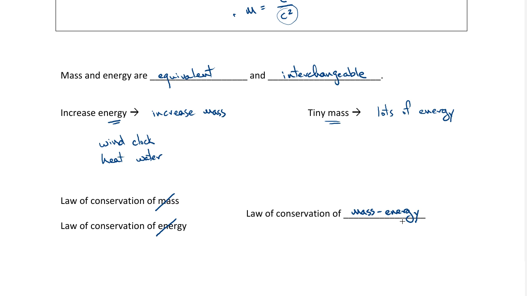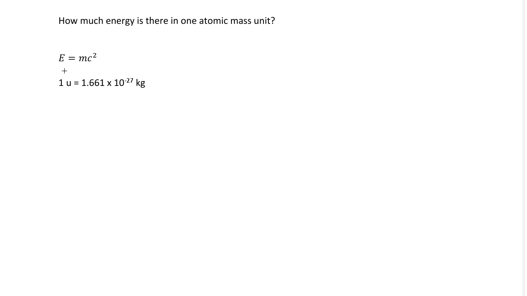But if you total up all the mass and all the energy on both sides, it's equivalent. So we're now going to replace the law of conservation of mass and the law of conservation of energy with this one law, conservation of mass energy. Einstein's insight with this equation, E is equal to mc squared, is that things have energy by virtue of having mass. Mass itself is like a kind of storehouse of energy, and we can get that energy out in reactions